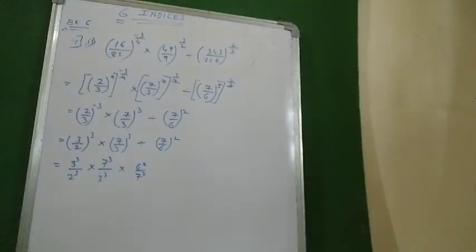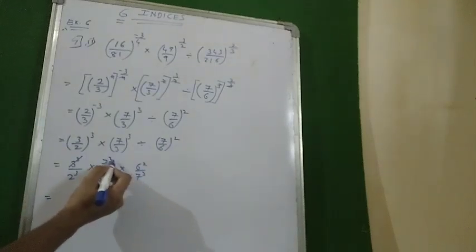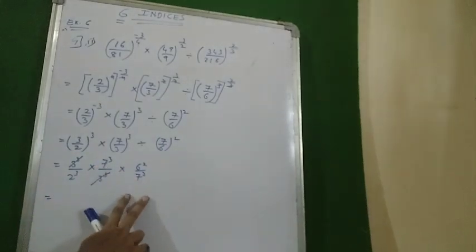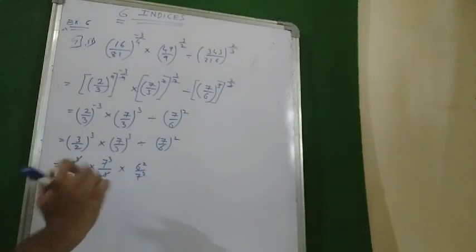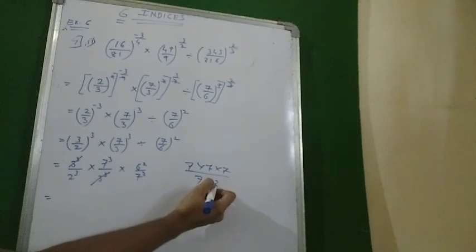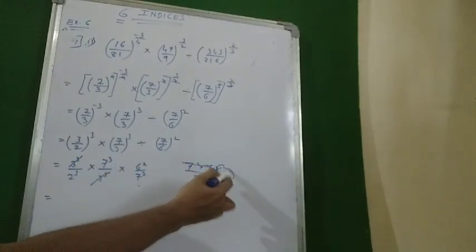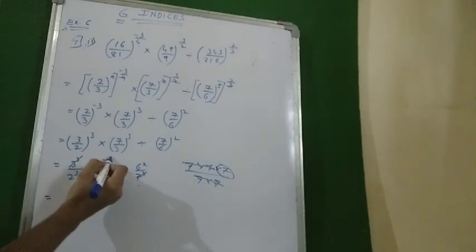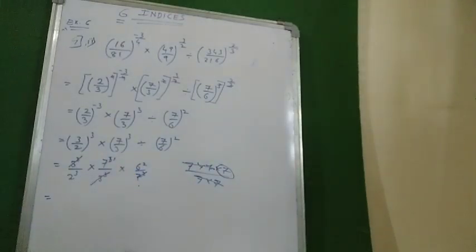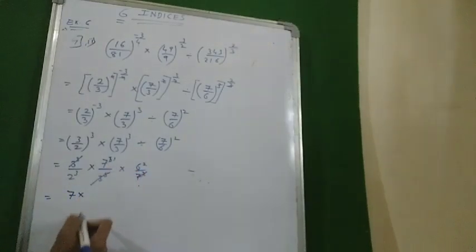Okay, so what things can get easily cancelled? That is 3 raised to 3, 3 raised to 3 cancel. And pay attention, we have 7 raised to 2 and 7 raised to 3. It means what? We have 2 7s in the denominator and 3 7s in the numerator. It is like this: 7 7 7 in the numerator and 7 7 in the denominator. 3 7s in the numerator, 2 7s in the denominator. 2 7s cancel. We have 1 7 remaining. So I can say that this gets cancelled. We have 1 7 remaining over there. Okay. So I have 7 times 6 square.